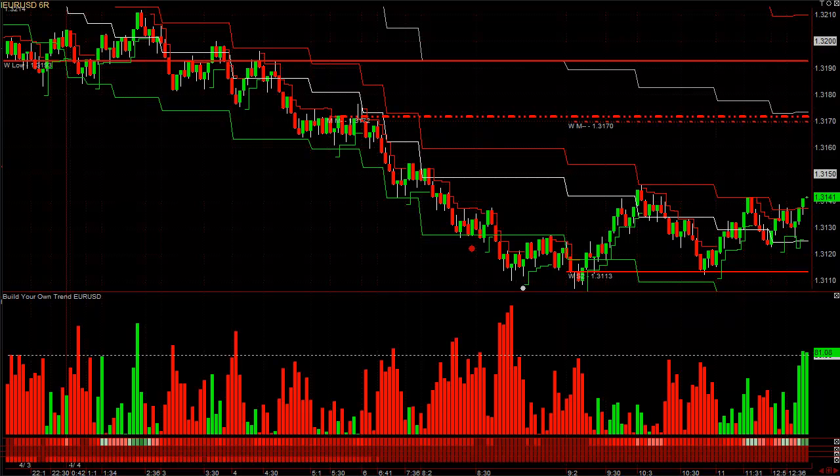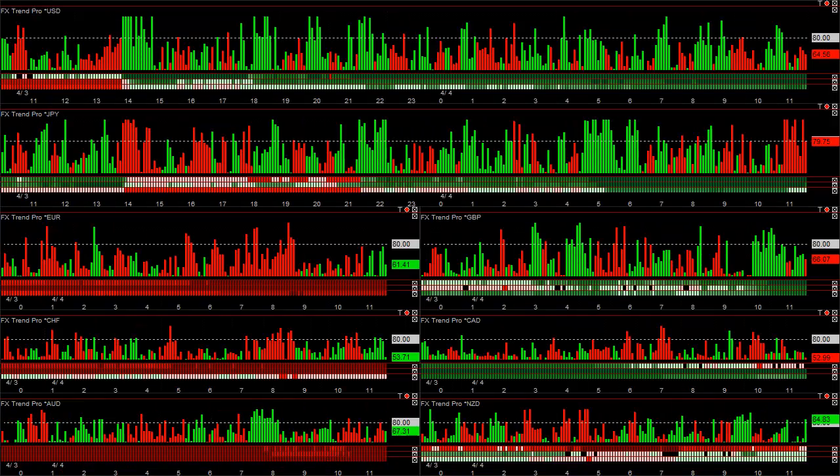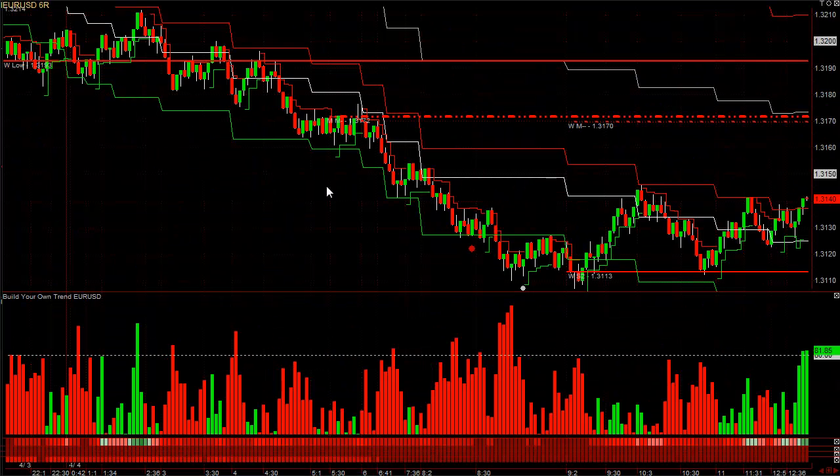And the euro dollar was extremely weak today. Let me just showcase the currency meter. Very strong dollar on all time frames. Very weak euro on all time frames. So in showing this today, keep that in mind. Typically, what you want to do is once the currency gets underneath that 3.0 band, especially if you see a